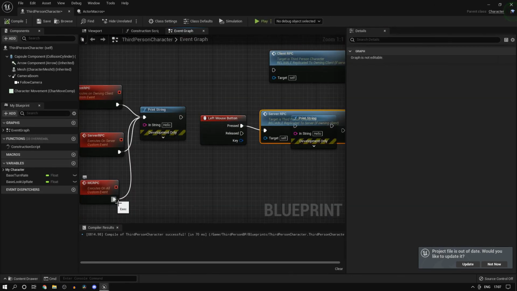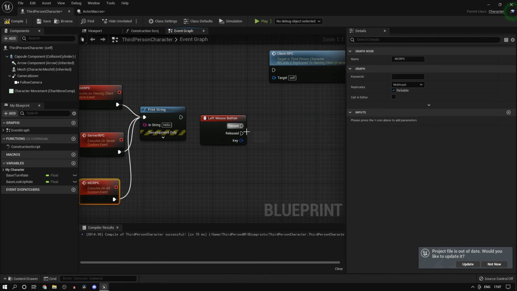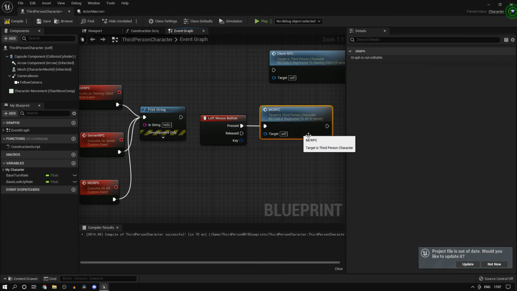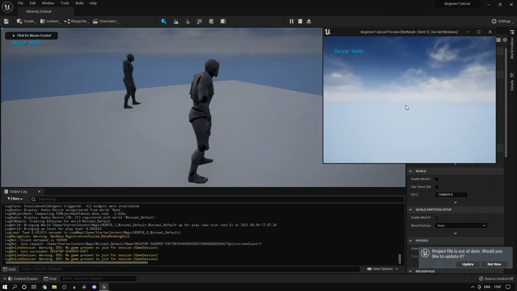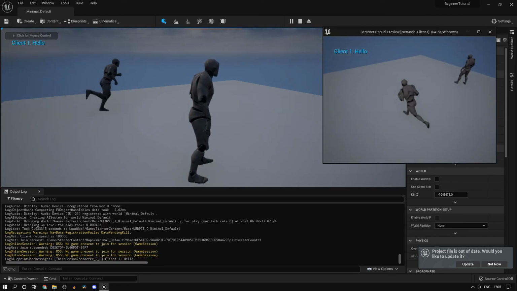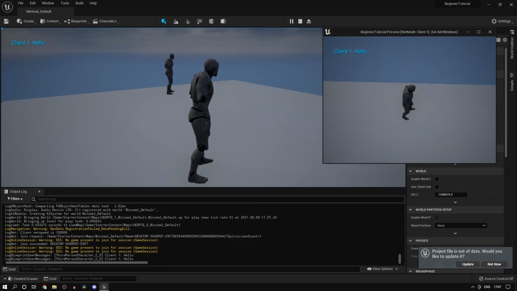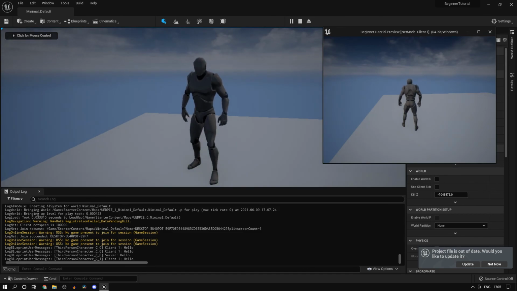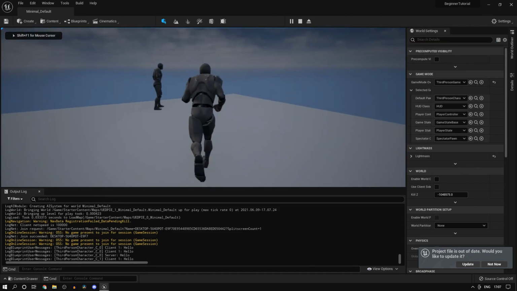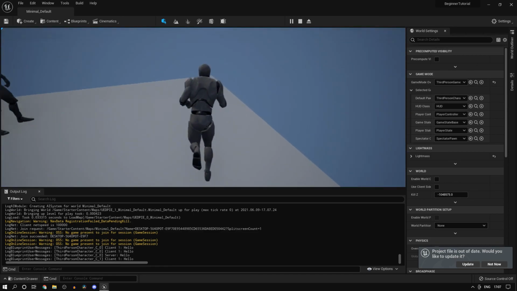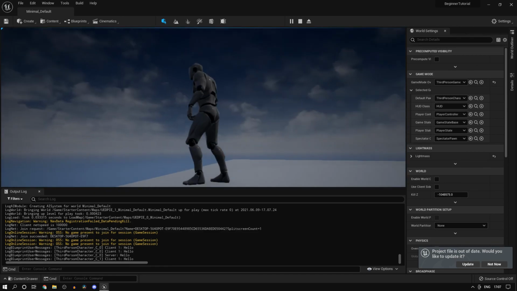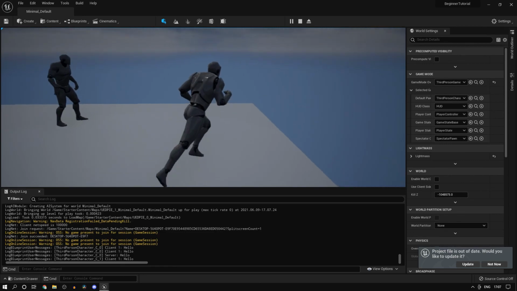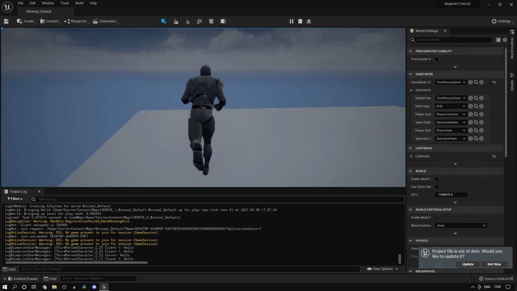And talking about the multicast RPC, this is something which will probably confuse you, and we will get to that in the future videos, as I told you. RPC, and if I press play, you notice something really weird. So I click on the client and it prints hello. I click on the server, it prints hello on both the server as well as the client. So basically what it's doing is, if it's the server, it can connect to each one of the clients. So what it does is it actually runs the function or the event on each one of the clients as well as on itself. So that's basically how multicast RPC works. We will get to that in the future videos.